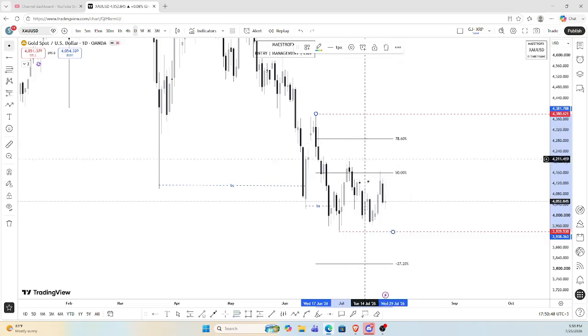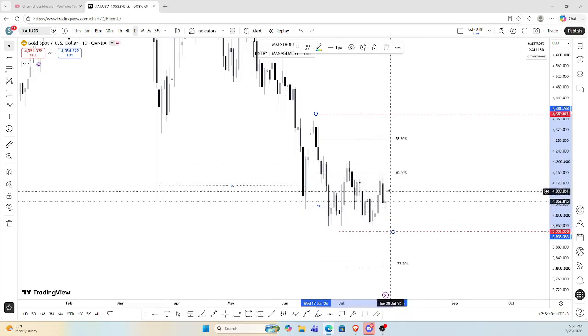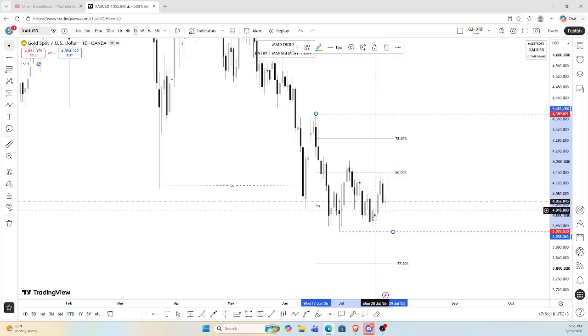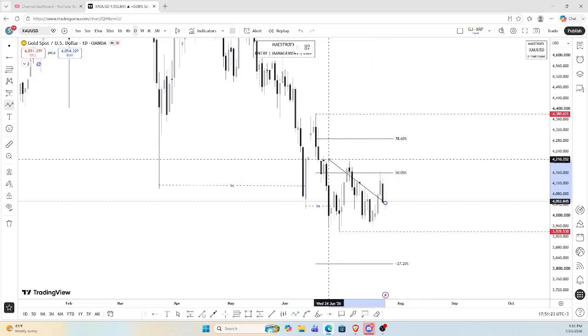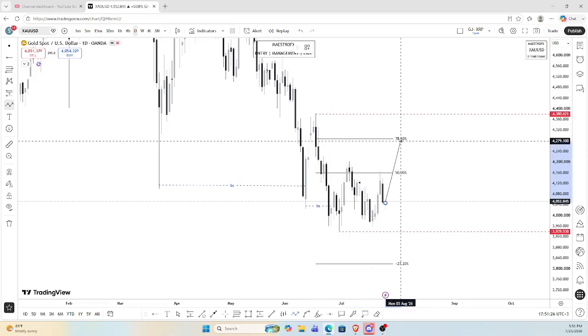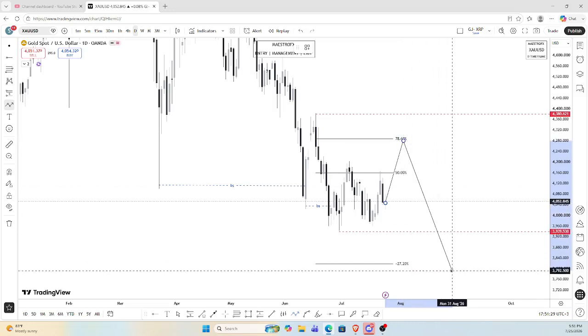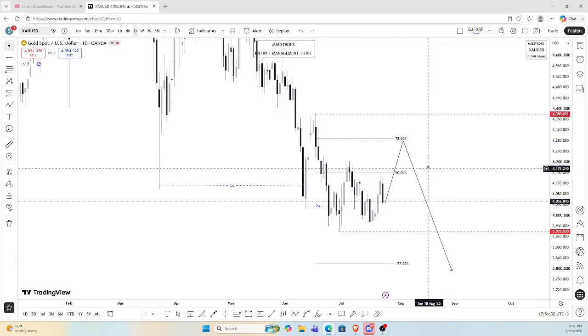we can see that yes, the price has attained that 50% Fibonacci level, but the price has failed to break this structure to the downside, and this is a sign that sellers are not in control, and buyers have come in very strong to protect this high and probably to push this price and attain those premium zones, probably swipe this internal liquidity, and last but not least this internal liquidity, which will act as fuel to push this price further downside. And so on the daily time frame,